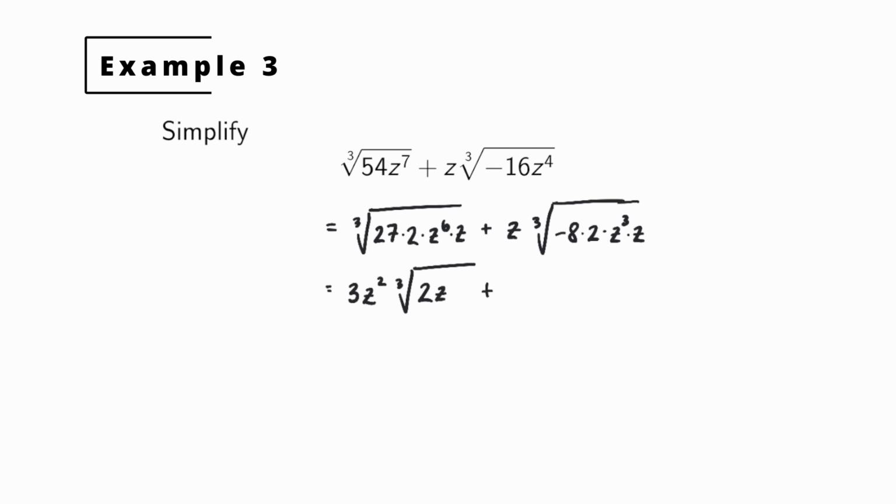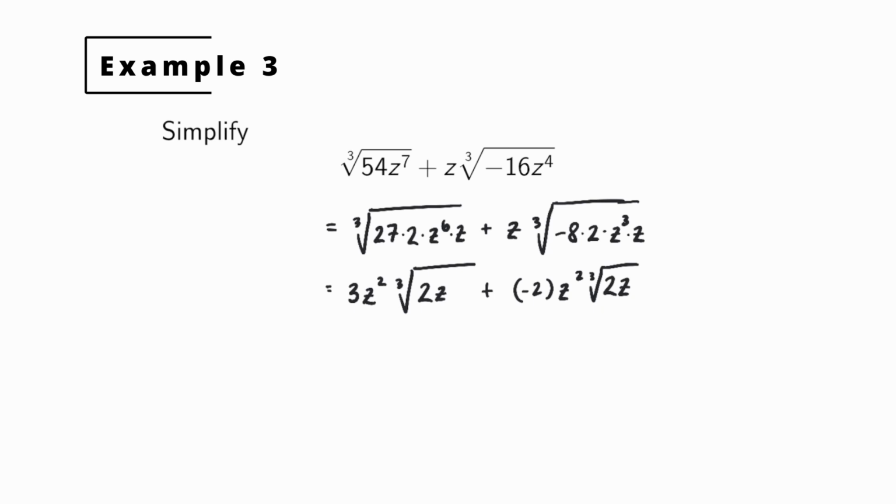For the second term, we have z times negative 2. And then we'll have z times the cube root of z cubed, which is z. So we'll also have a z squared out here. And we'll have left under the radicand 2z. And again, you can only